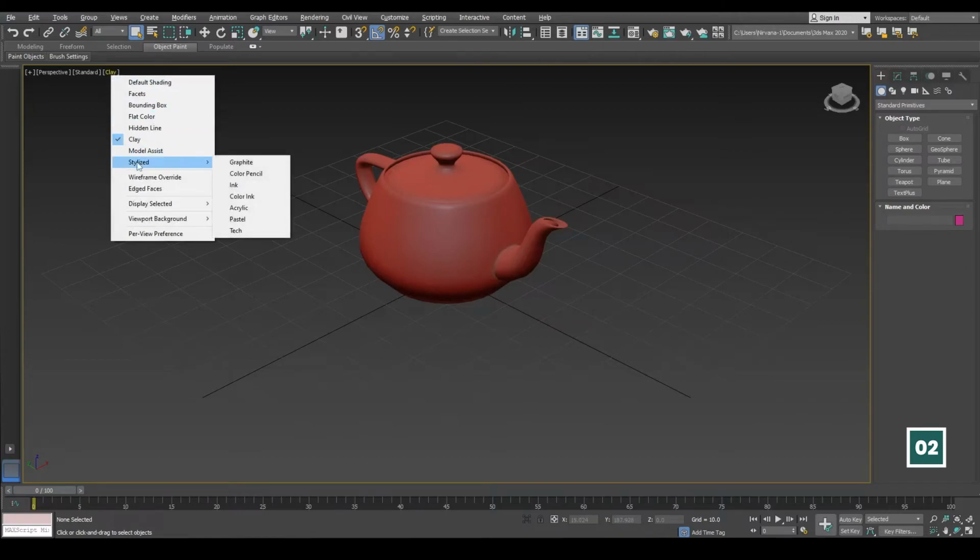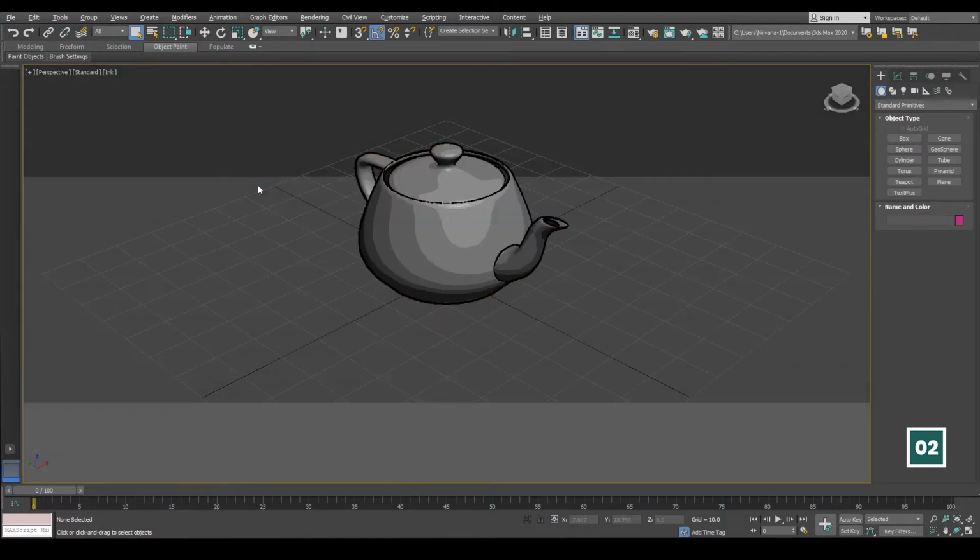There are also other ways where you can view the models inside 3ds Max by going into the stylized menu. Here you have graphite, color pencil, ink, color ink, etc. These are a little bit stylized options. For example, if I go on to the ink, you will see how it is shown as an ink and